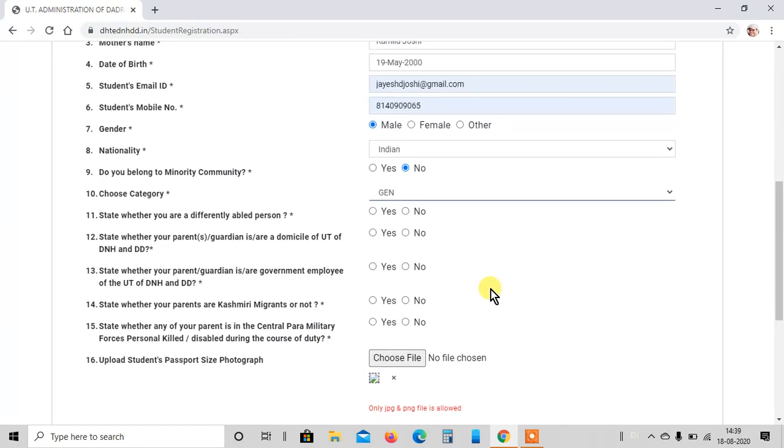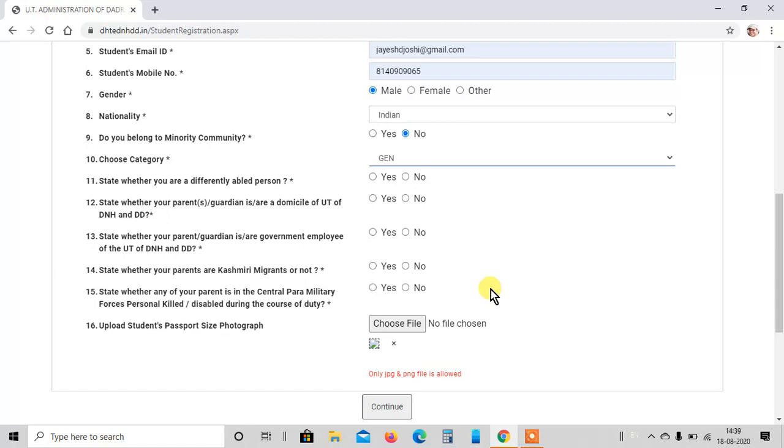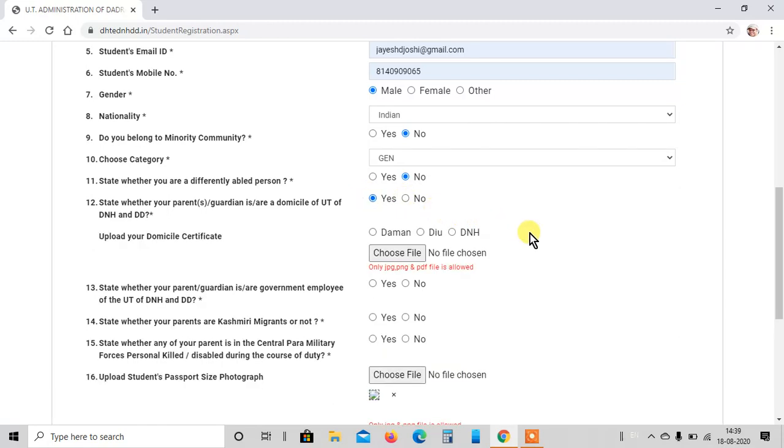Then there are a few other questions you need to answer. State whether you are a differently abled person. If yes, again you need to upload the relevant document. State whether your parents or guardian are domicile of the UT. If you say yes, then you need to give the place.